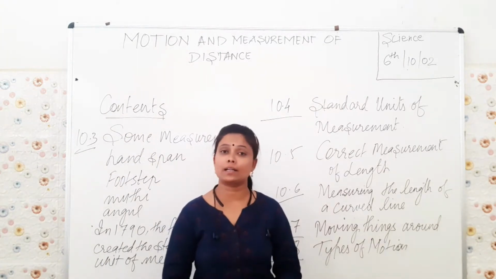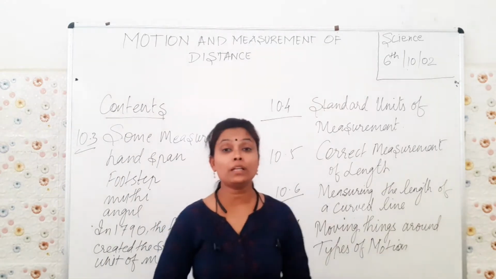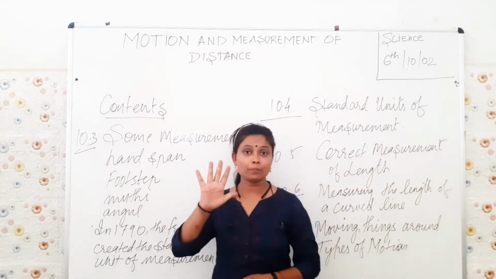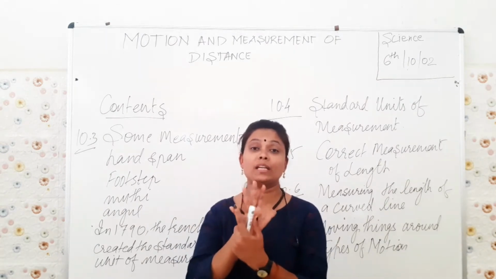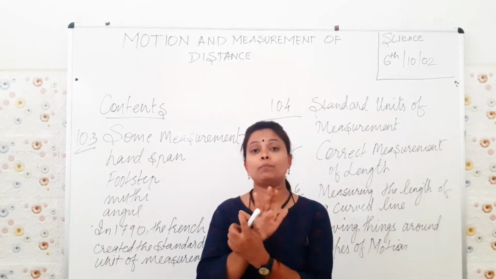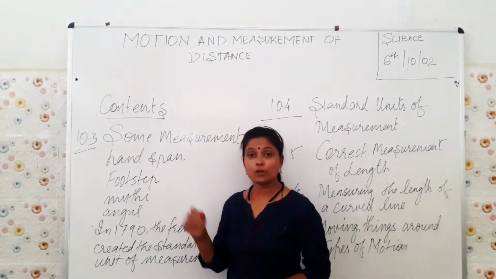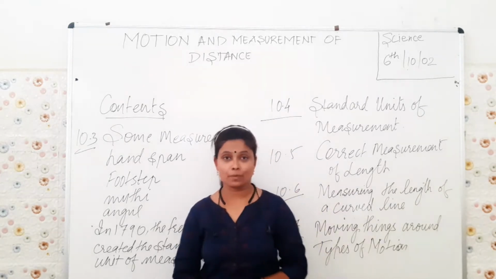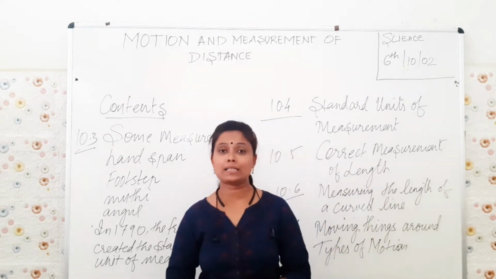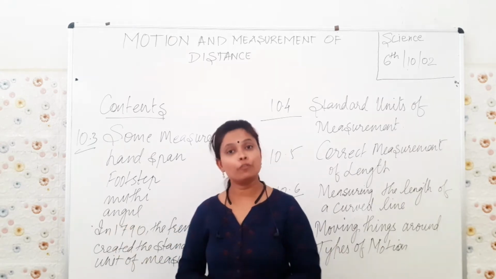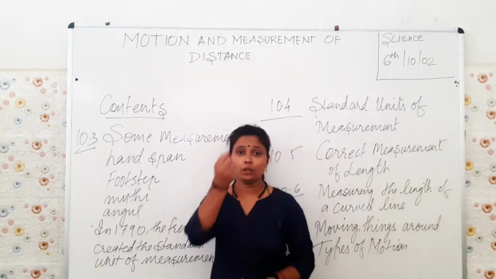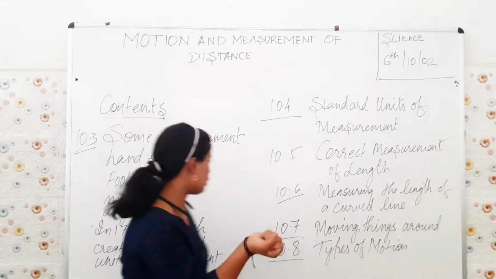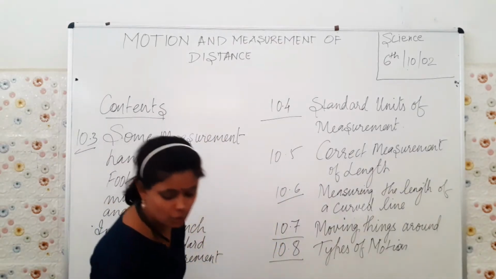As we have discussed earlier, in ancient times people used to measure distance with the help of a hand span. It begins from here till here, from the tip of the thumb till the tip of the little finger. Then they could measure with the footstep. Even lengths were measured by footsteps. People in ancient times divided their boundaries with the help of the foot only. Then the muthi, fist. And lastly, people used to divide like this. I'll show it to you.